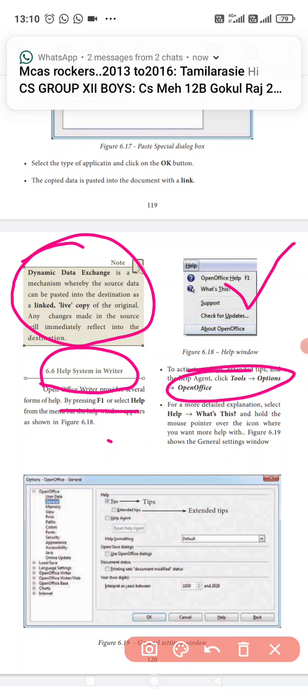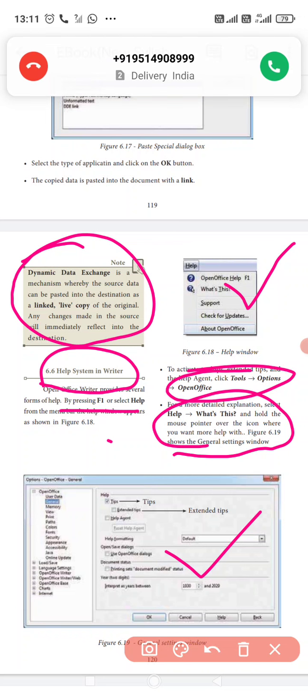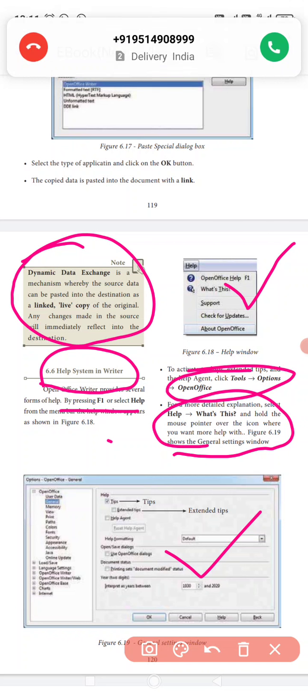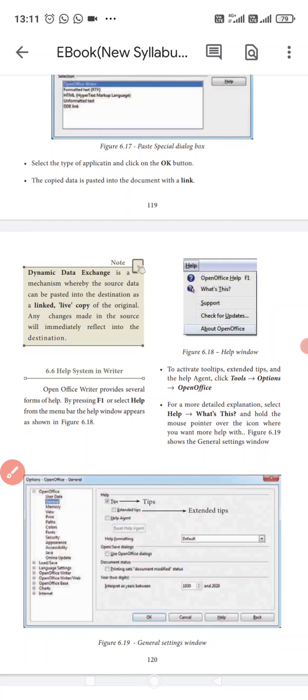This is the help system in OpenOffice Writer.